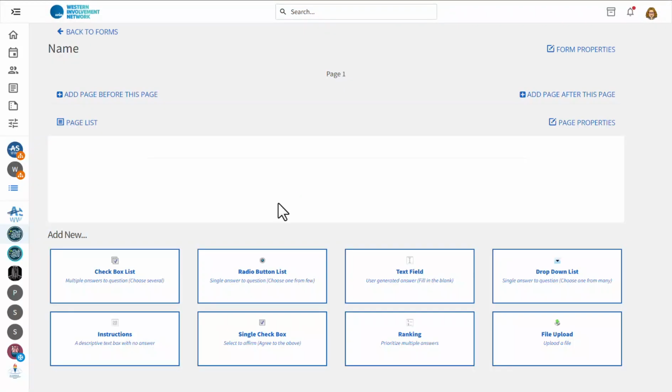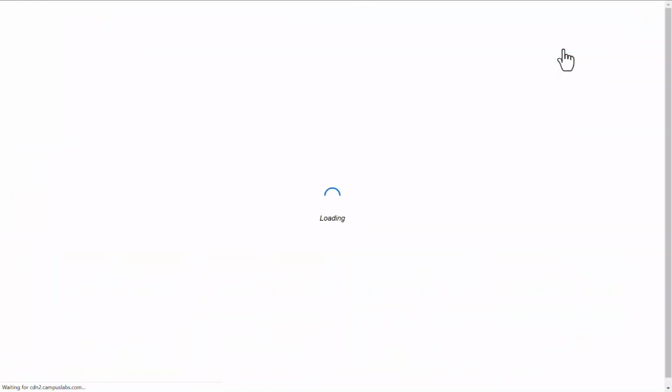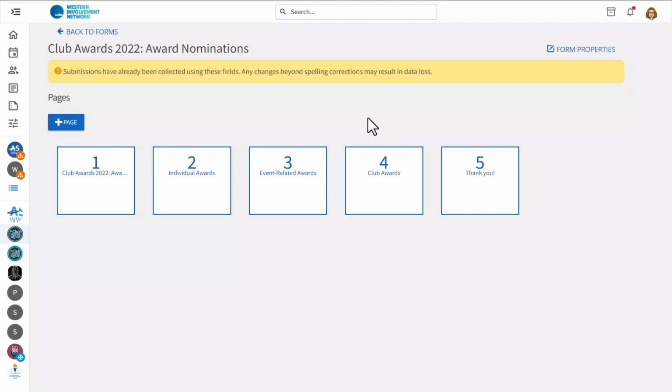You can create separate pages to divide content rather than having one page with several questions if your form is lengthy. Up top, you can get back to the form's property page, which is where we started. The Edit Questions tab is where you'll create and later edit your form questions, such as what we would do here in an already created form.